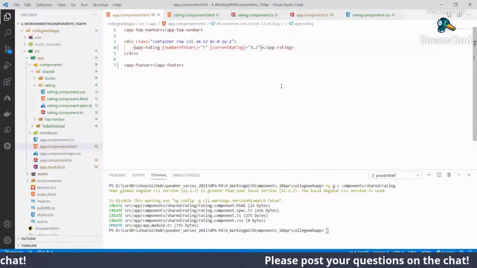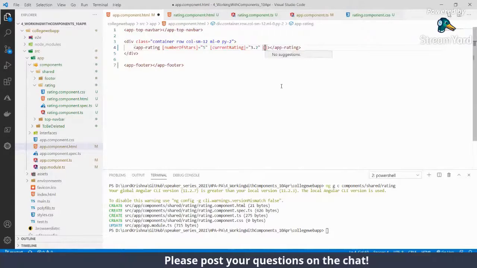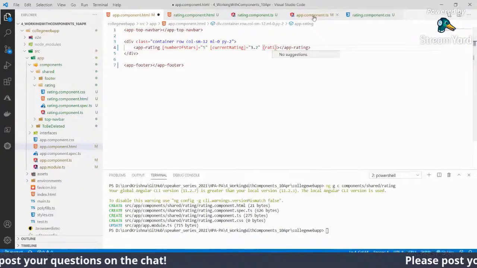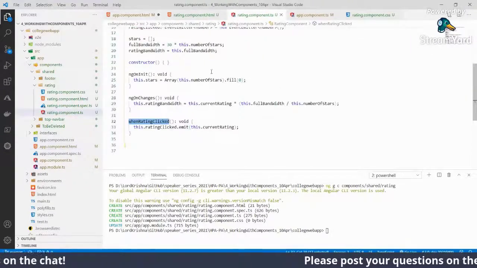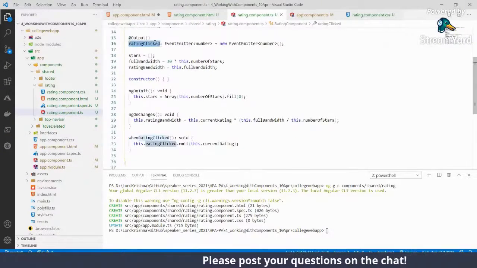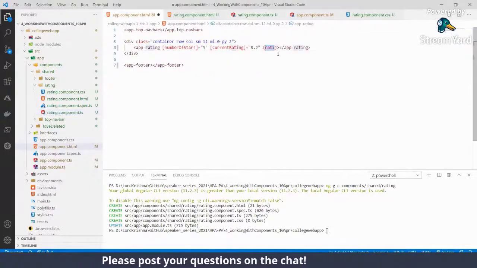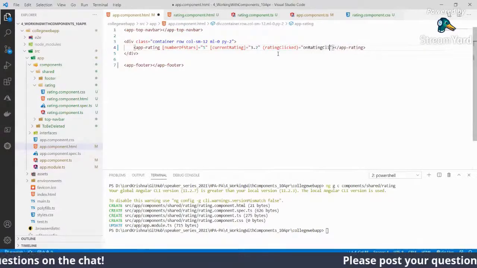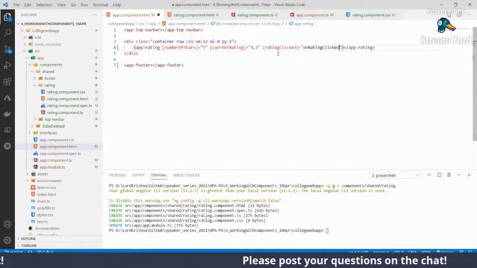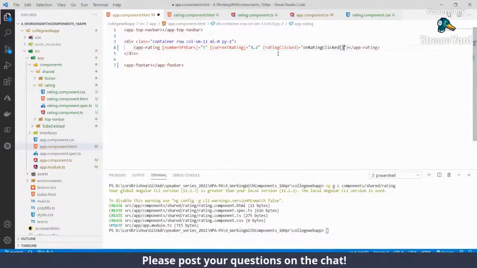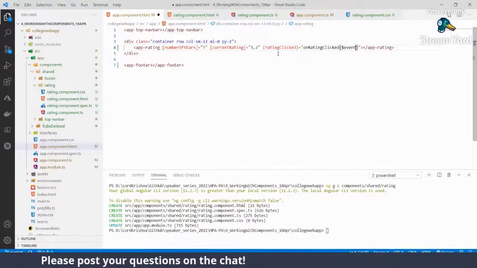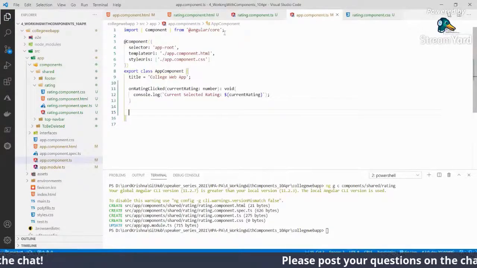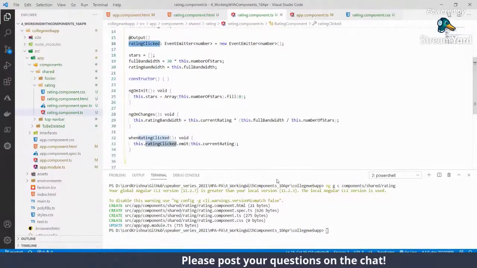And we know that we have this rating clicked event, and we are going to pass the event, because inside this app component we are getting that number, and that number is coming from here.